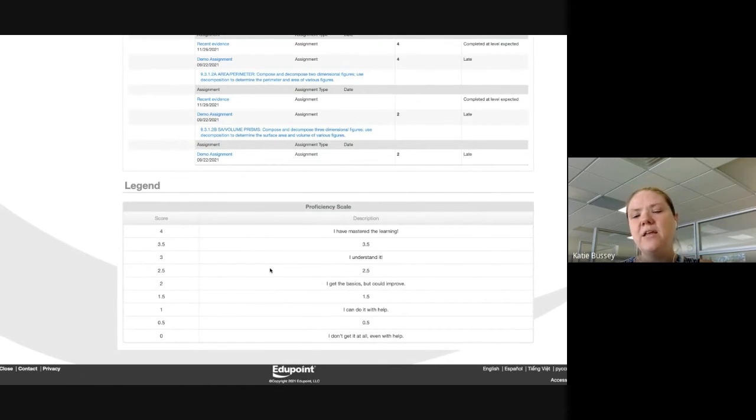So this is what the parents and students see when they check their standards-based gradebook. Attached to this down at the bottom, there's a legend. This is super generic language for what the proficiency scale is showing. So a 4 is showing that I've mastered the learning versus a 3 is I understand it. 2 is I've got the basics. So it's a very kind of generic language that could be applied to any of the standards that any of